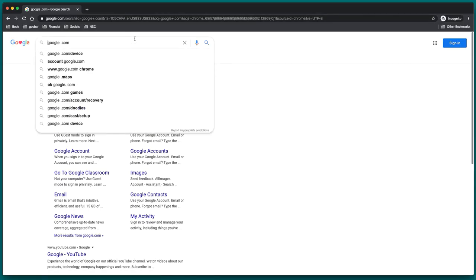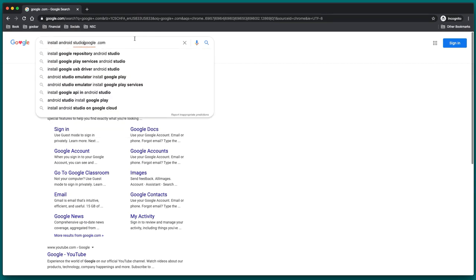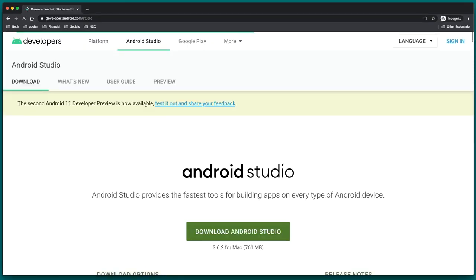Okay, so to start, just open up Google and we'll search for install Android Studio. We'll see the first link there is the one we want. It says download Android Studio and SDK tools. We'll go ahead and click on that, and it should take us to